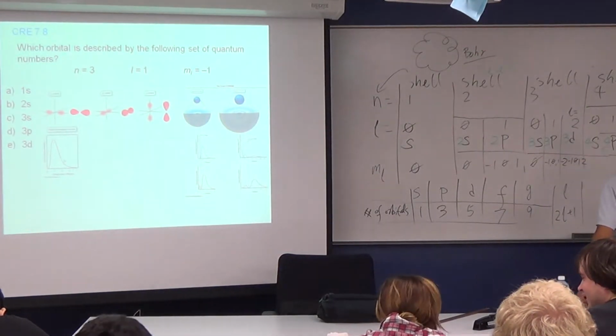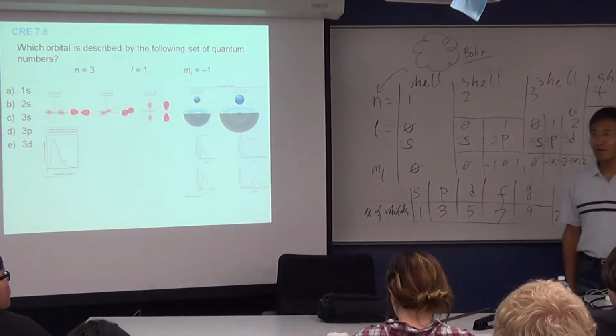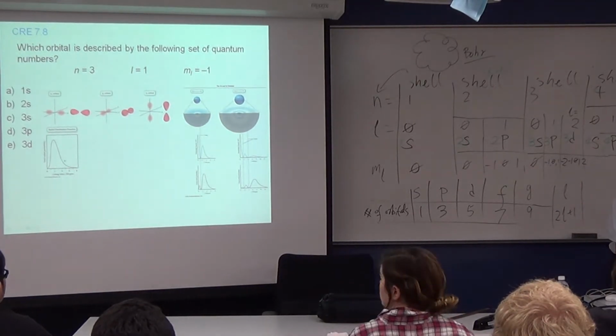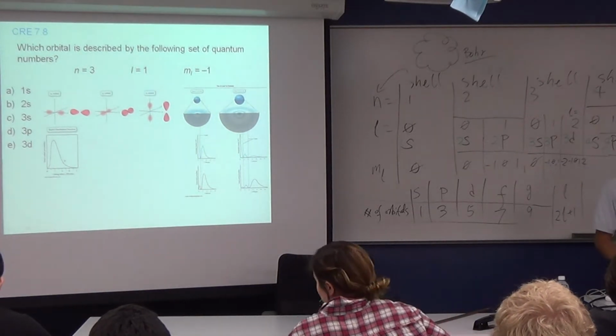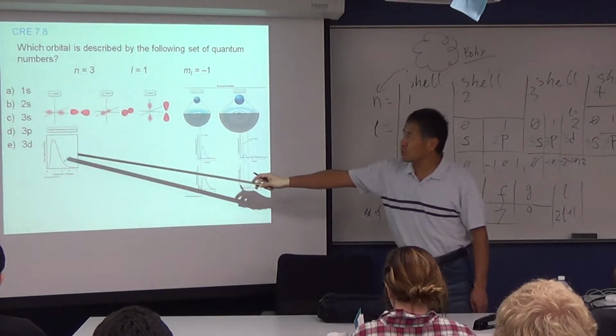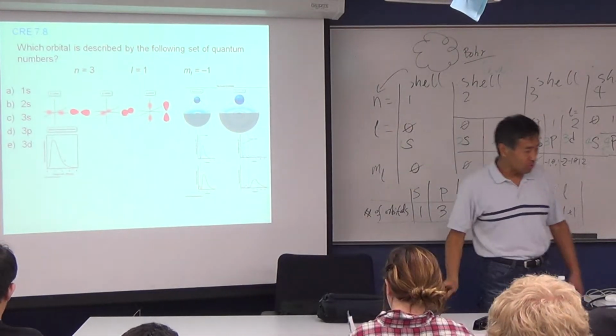Which orbital is described by the following set of quantum numbers? You can find out when we see what this means. Which orbital? This question depends on the choice. If I give the choices like 1s, 2s, those are the notation